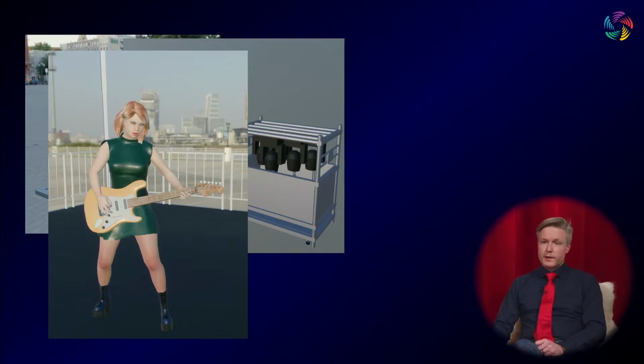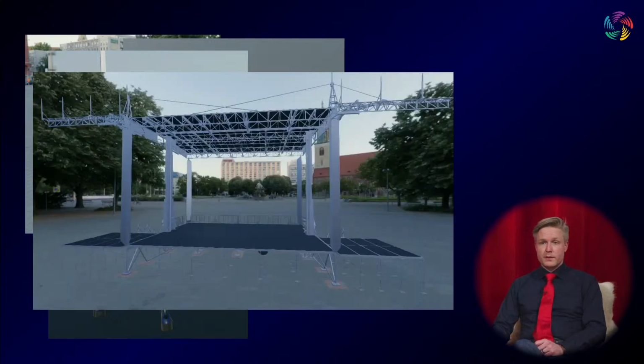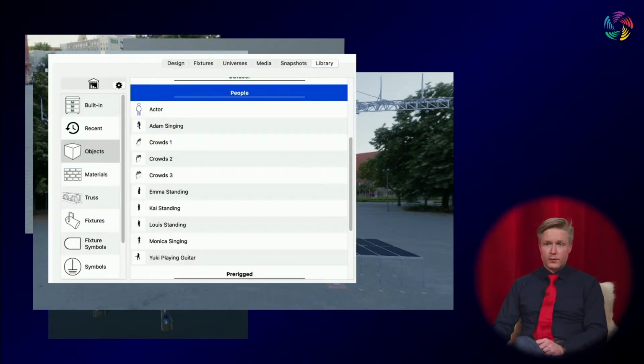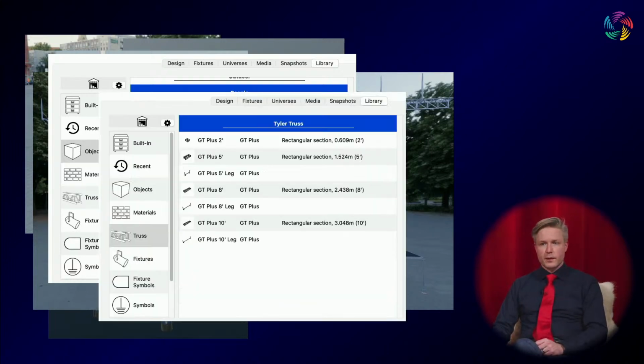So Anastasia and Vasilis have been actively working on this since, well, Capture 2022, adding objects to the library. So, well, obviously you can find all these in the library tab in Capture. The characters would be under the objects category. And there are other categories there as well with relevant stage equipment. And then, of course, the custom trussing is under the truss category with things like pre-rigged trusses, H-bars, T-bars, and